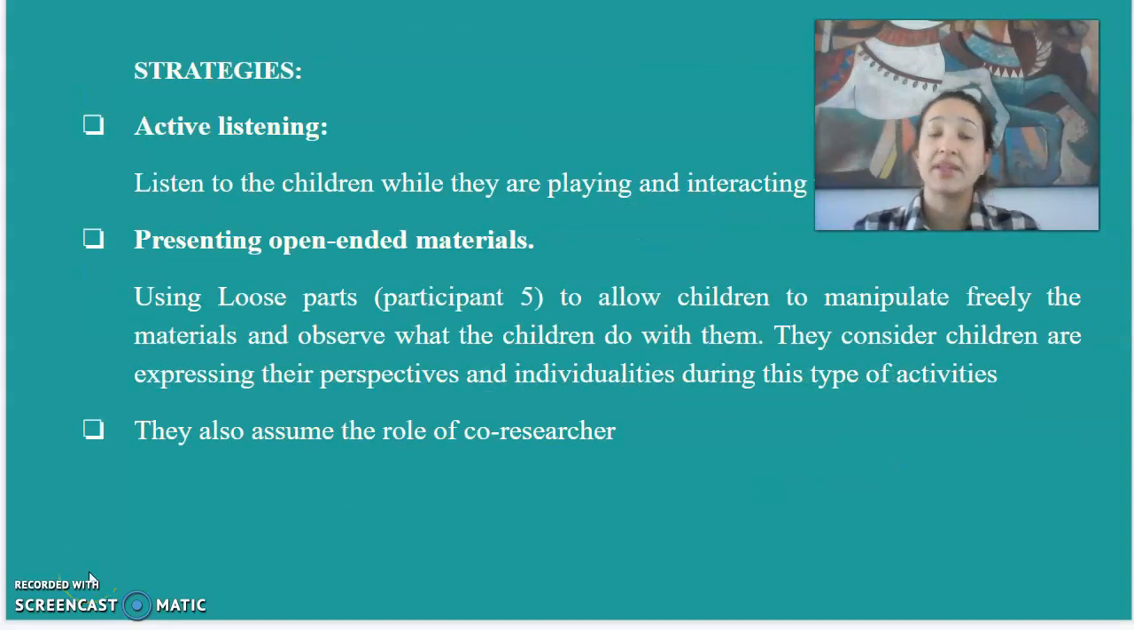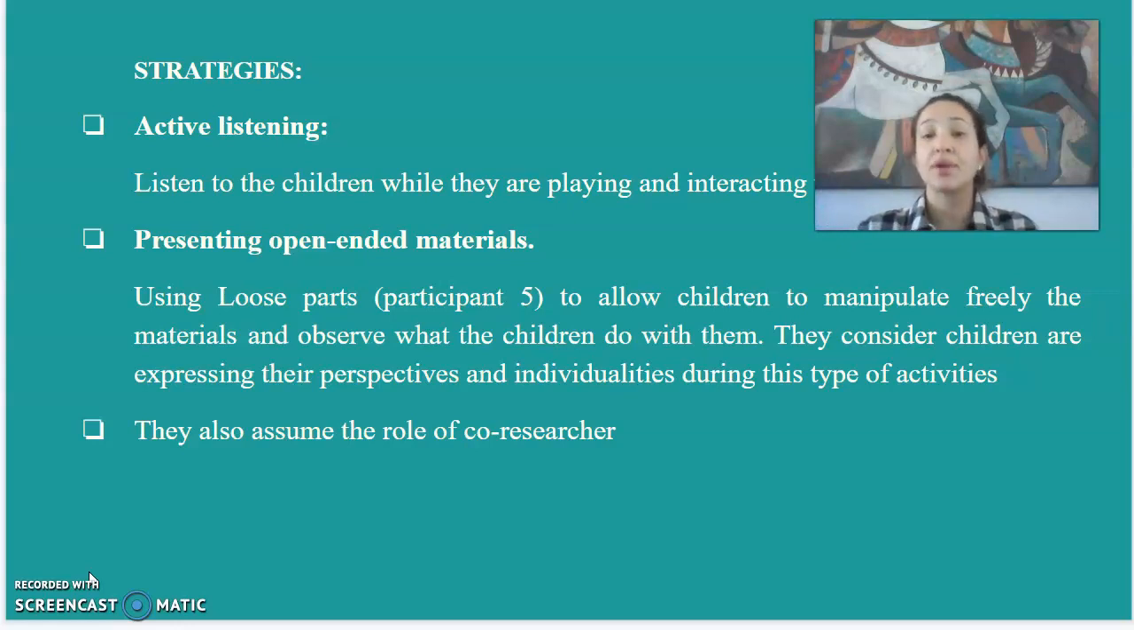Another strategy that they use is active listening. What they refer to is listening to the children while they're playing or interacting with peers. And the last strategy that they used was presenting open-ended materials, like using loose parts to allow children to manipulate those materials freely. They claim that children are expressing their perspective and individualities during this type of activity, as no